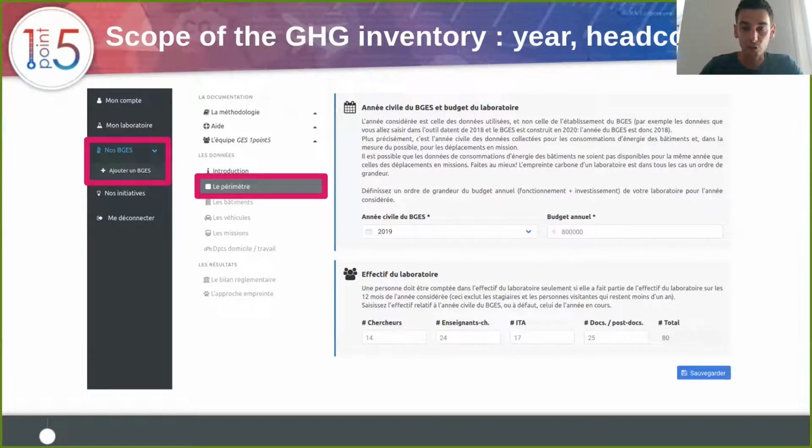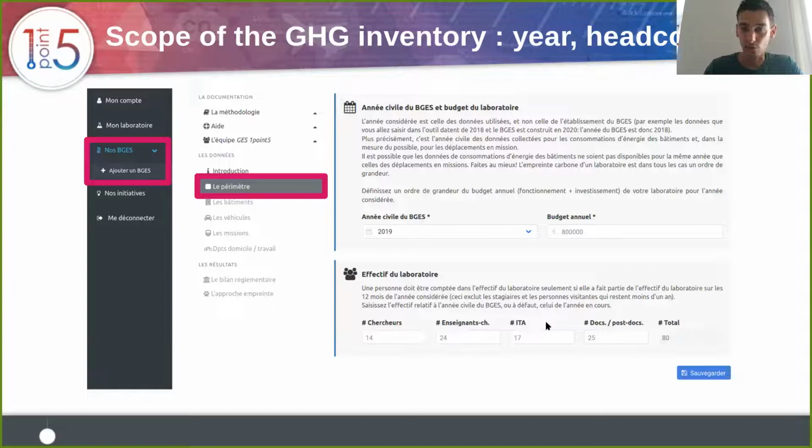So when the user starts a new carbon footprint, he has some data to provide, like the head count of the laboratory, but also some data about the workforce in terms of researchers, engineers, or PhD and PhD fellowships, which will be used to calculate the daily commute emissions.